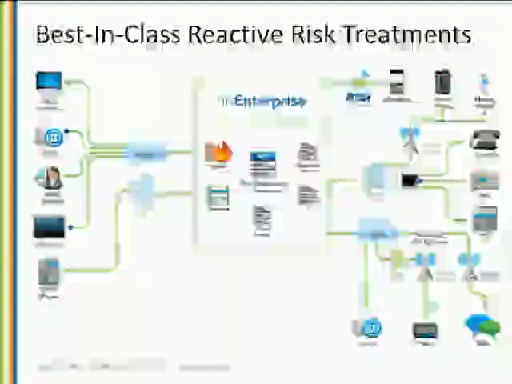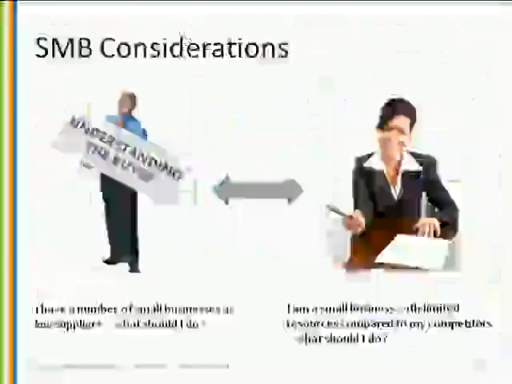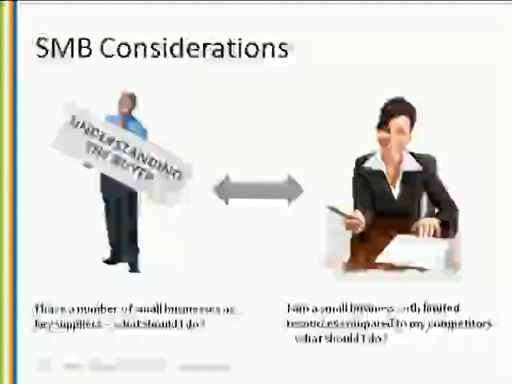So that brings me to the next slide, which is, oftentimes we have to look at the small, medium business because they're critical to the supply chain, and how can they implement better risk mitigation strategies and communication platforms. So I'm going to hand this back to Brian to talk about the SMB considerations.